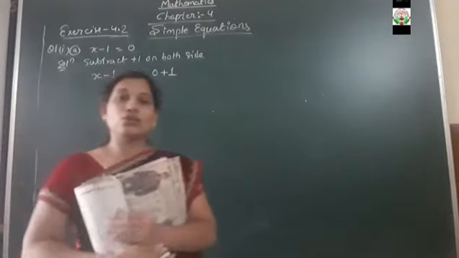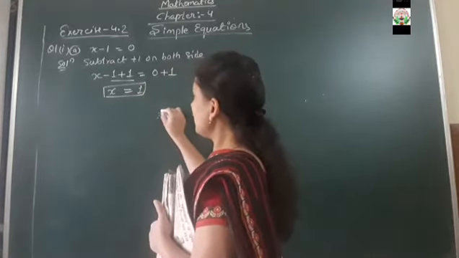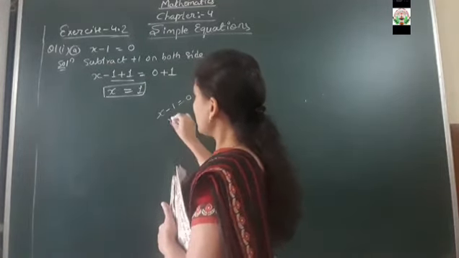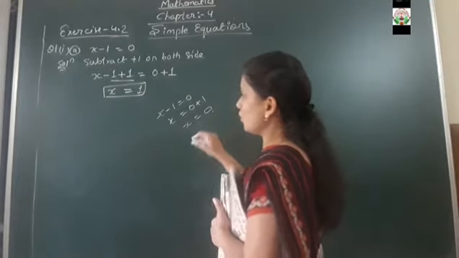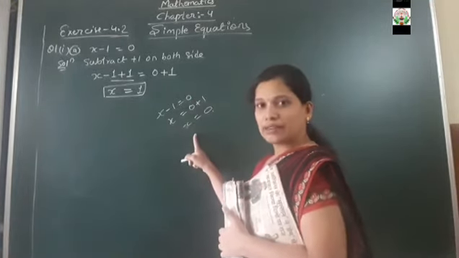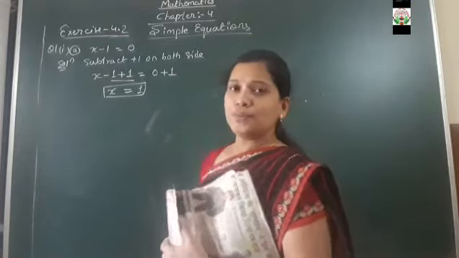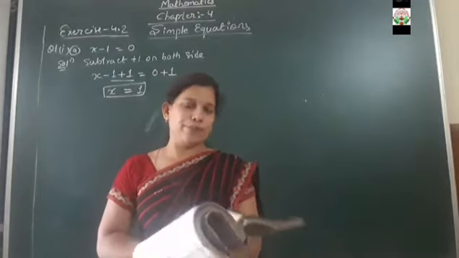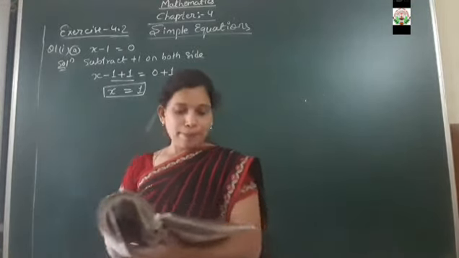Understood? So whatever we write there, if we tell the teacher that we can easily transpose the number, so x is equal to, here it will become plus 1, so x is equal to 1, by the transposing method, direct method, isn't it? But in the question it is said that you have to give the step, so that's why we have written the steps like this. Next, B part.